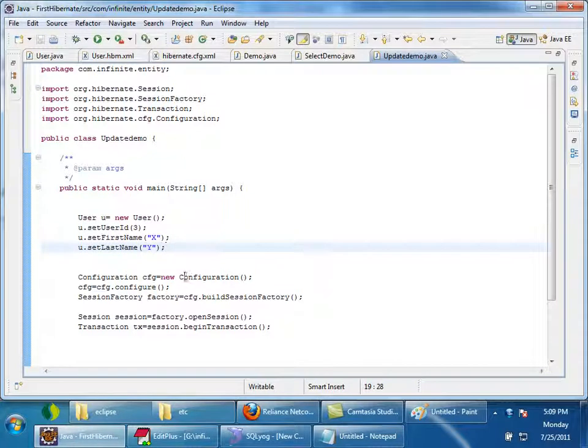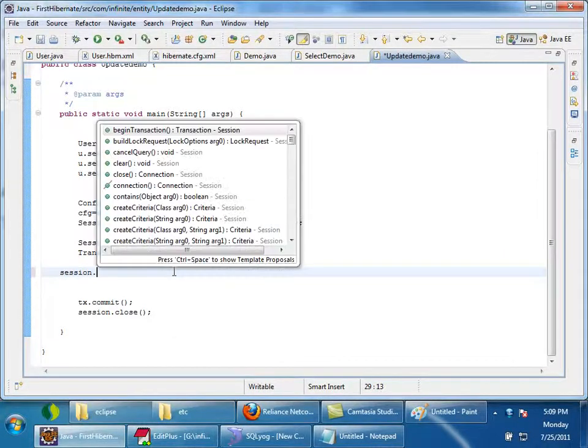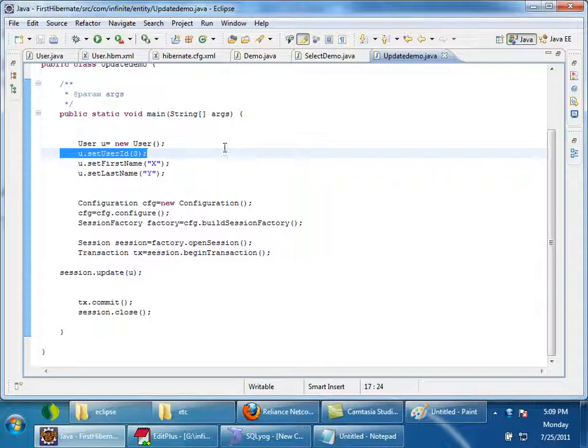Okay, now what I can do is, after opening a session, I can say session.update and pass the user object u. Now I am telling Hibernate to fire an update query by using the primary key, right?